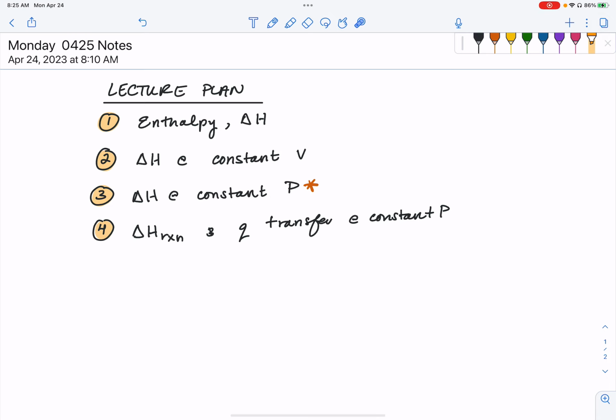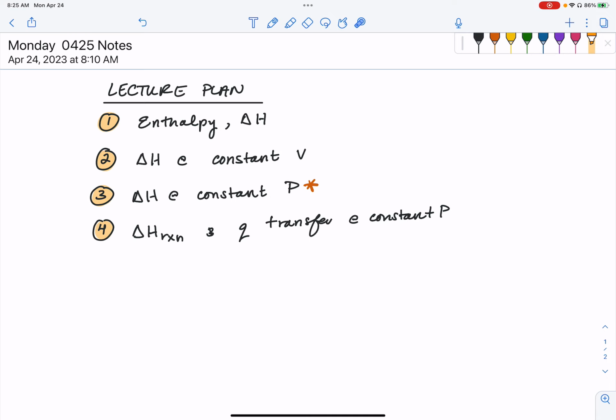This is all leading up for us to look at many various ways of determining the heat of reaction. So we're going to talk about things like calorimetry, which is what we're going to be doing in lab next week. We're also going to talk about some theoretical ways of determining the enthalpy of reaction, delta H reaction. Namely, we're going to talk about Hess's law, and then we're also going to talk about looking at standard heats of formation. So we will get there coming up on Wednesday,